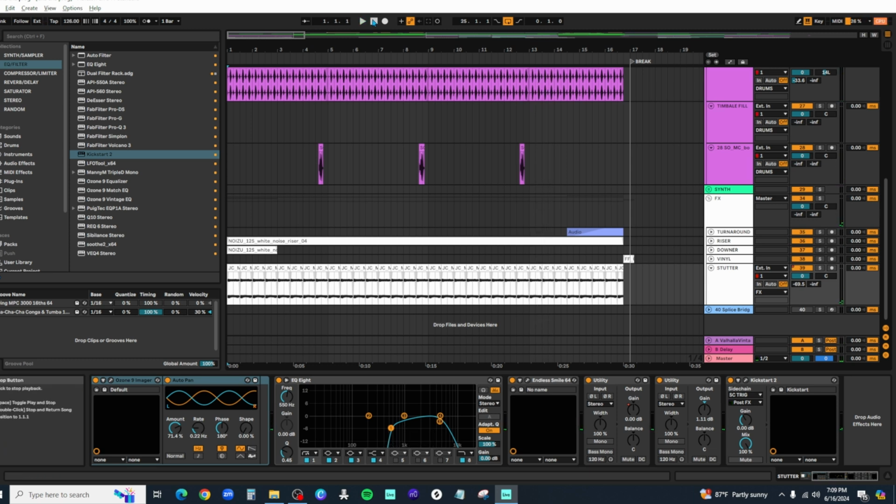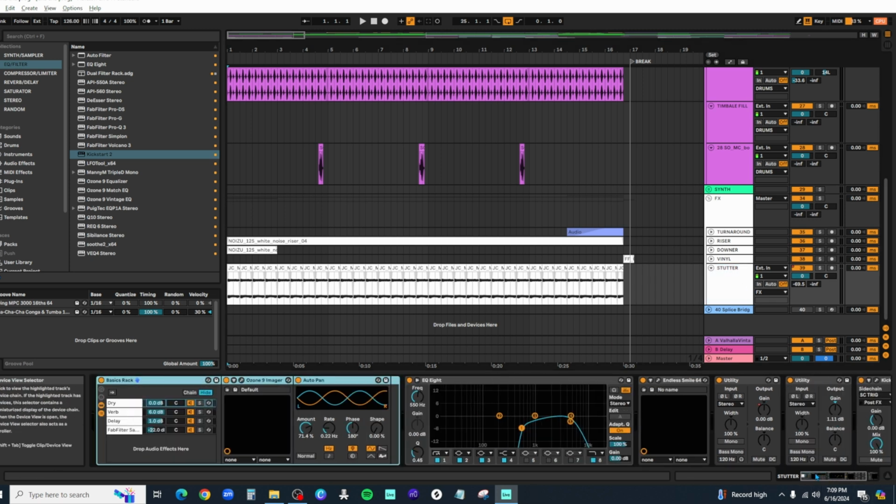So that's how I make that little stutter effect, and that's good for filling space, especially in intros, and adding all kinds of reverb and delay to them can make them really neat. I even put an auto pan on here to make it go from the left ear to the right ear to the left ear to the right here. It's a really nice way to take these elements and make them fill even more space and give them more